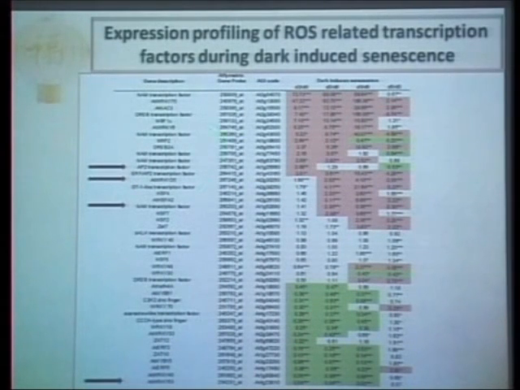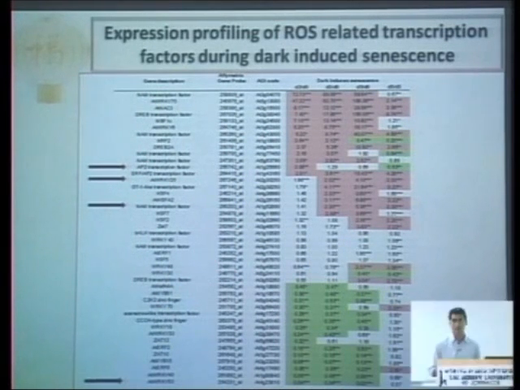And this is the list of transcription factors that were induced under the various oxidative stresses. These transcription factors were also induced in dark-induced senescence. The cluster of genes that are shaded in red are the upregulated genes under dark-induced senescence by at least 2-fold. And these are the cluster of transcription factors that were downregulated under dark-induced senescence. So from the list of these transcription factors, I selected 4 transcription factors randomly.